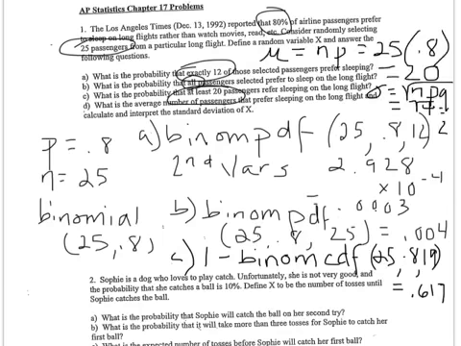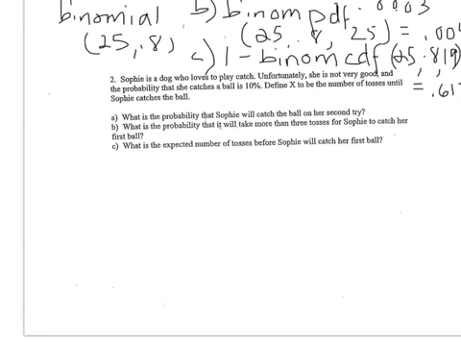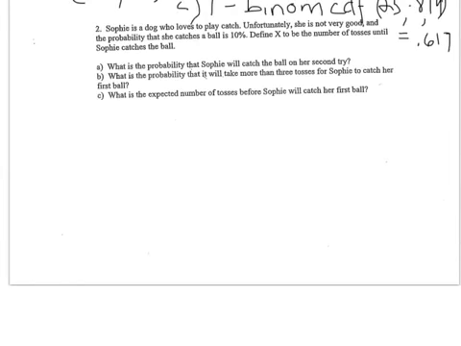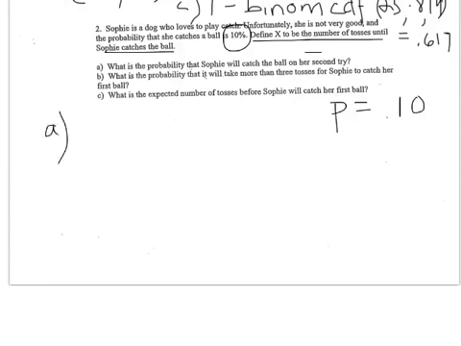Now, on to the next problem. For this one, this is a geometric, and the way I know that is I don't know how many times I need to throw the ball to Sophie, because it says we're going to define x as the number of tosses until she catches the ball. So that's a success, and once she does that, we're done. So I do need to know my p-value of 0.1, the probability she will catch it on her second try, precisely her second try. So this is going to be a geometric